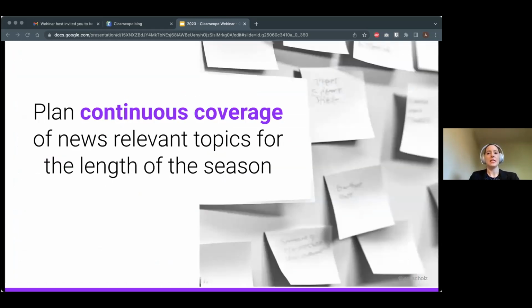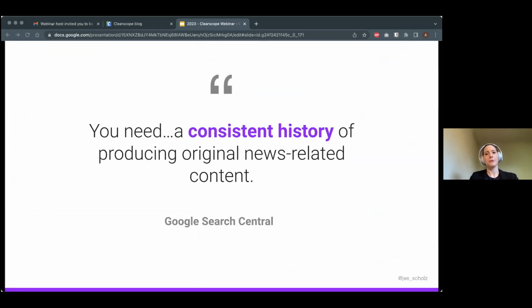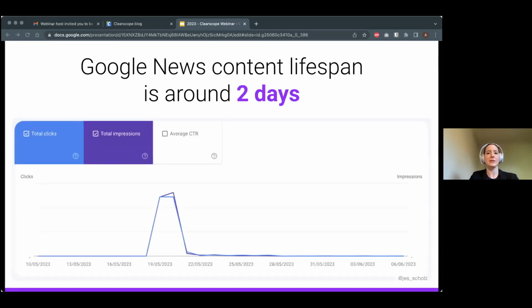Based on the news interest, you can plan continuous coverage of a topic for the length of the season. This focus on freshness is relevant, both at the brand level, where Google has repeatedly stated that it is critical to consistently produce news-related content, and at the individual content piece level. Non-personalized placements tend to bias towards content under 10 hours old, while the lifespan of personalized placements is around 2